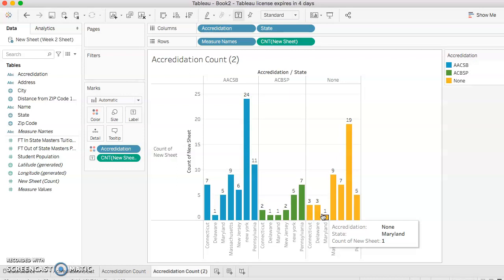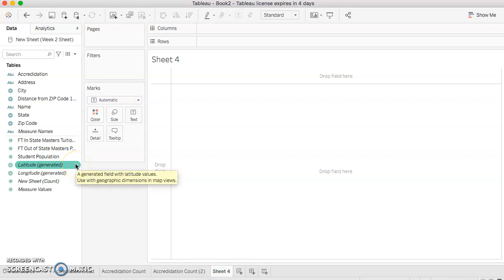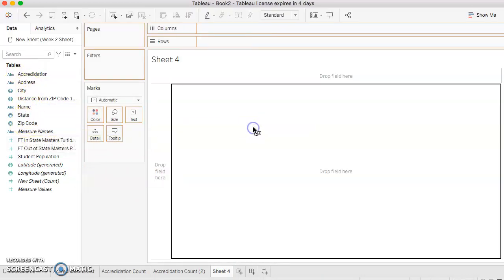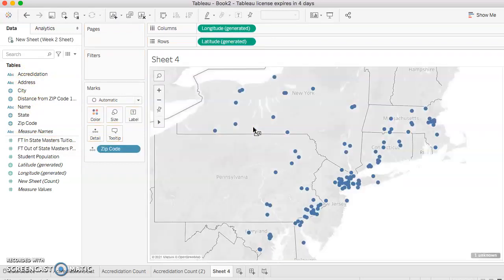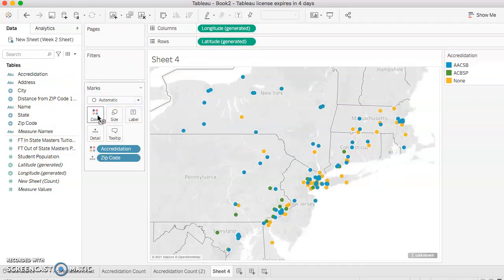So the last thing I'm going to do with the accreditations is drag the zip code over. I'm going to make a map of accreditation so you can see that by state. I drag over zip code and then I put accreditations in color, and here you can see that